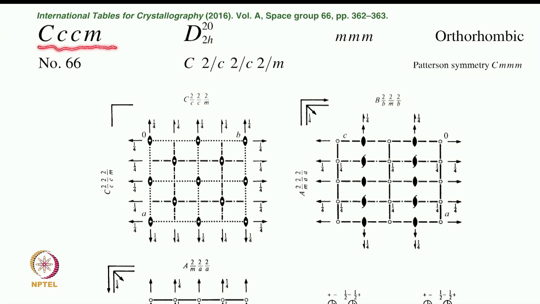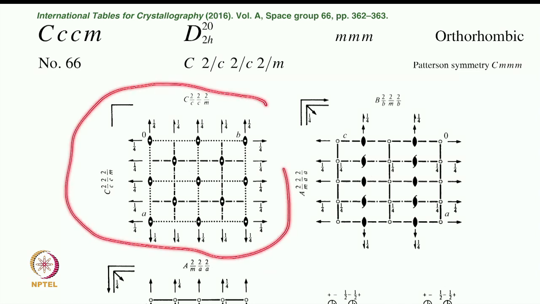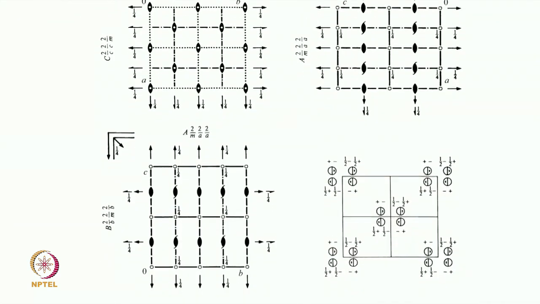The capital C is the C centered lattice, and the small c's show that there are c glide operations perpendicular to the a and b axes, and there is a mirror plane perpendicular to the third axis, that is the c axis. So, that is the space group we are in. We have discussed the symmetry element diagram in a little bit of detail in a previous video,